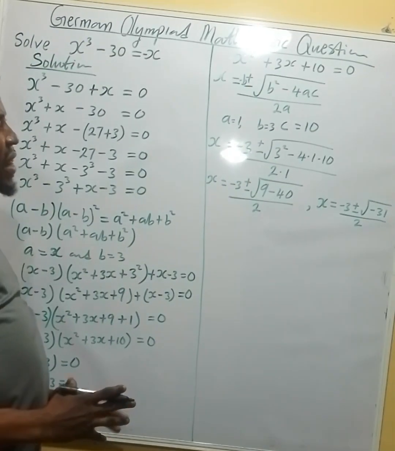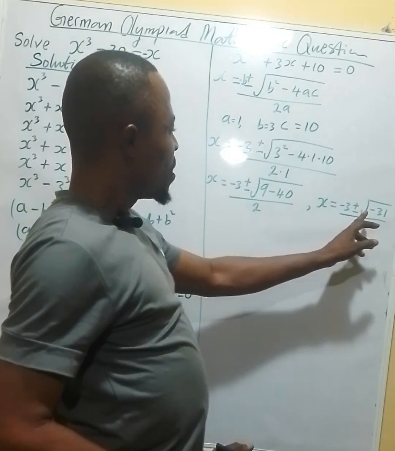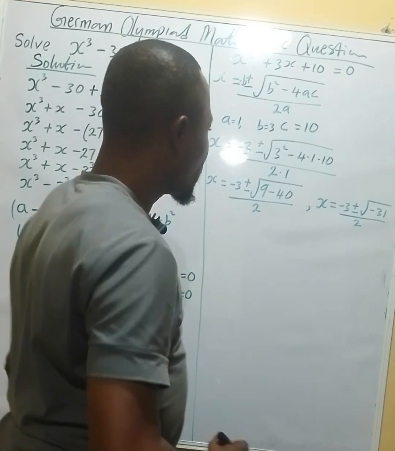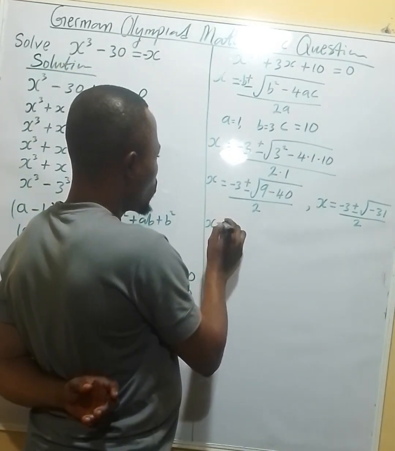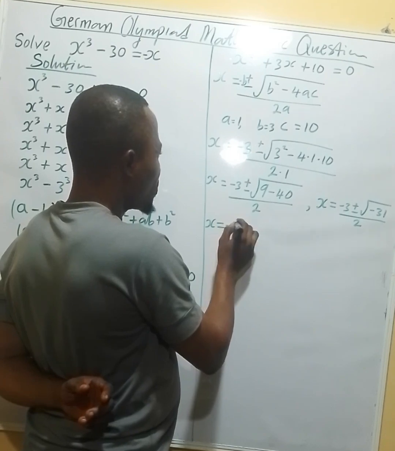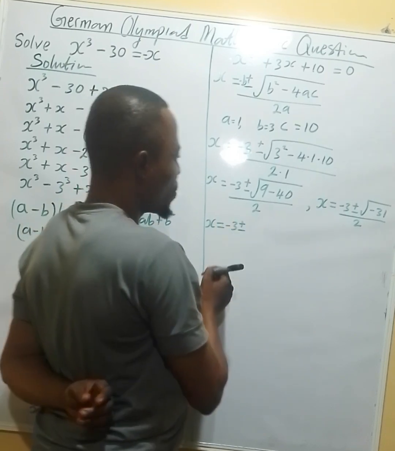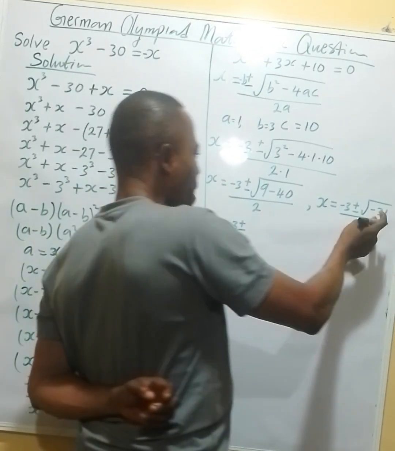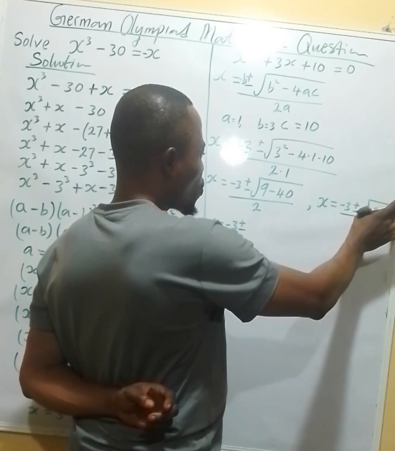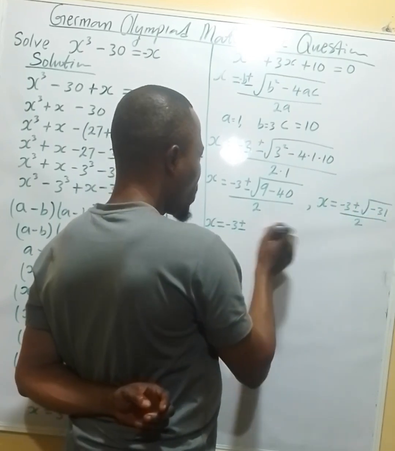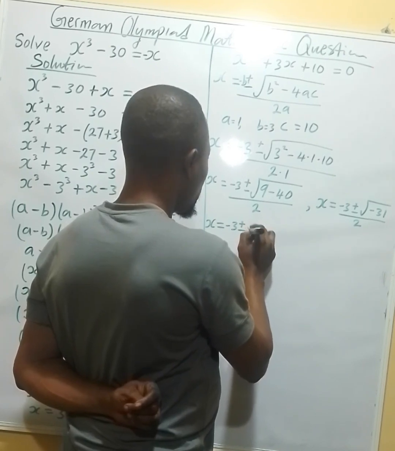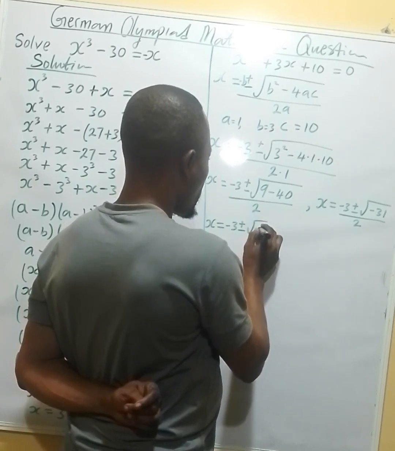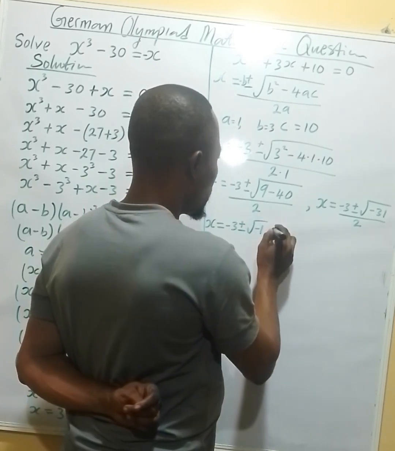Now when you have it like this, the square root of minus 31, it means x equals to minus 3 plus or minus. So when you have minus like this, square root of minus 1 will give you i. So it's now going to be square root of minus 1 times